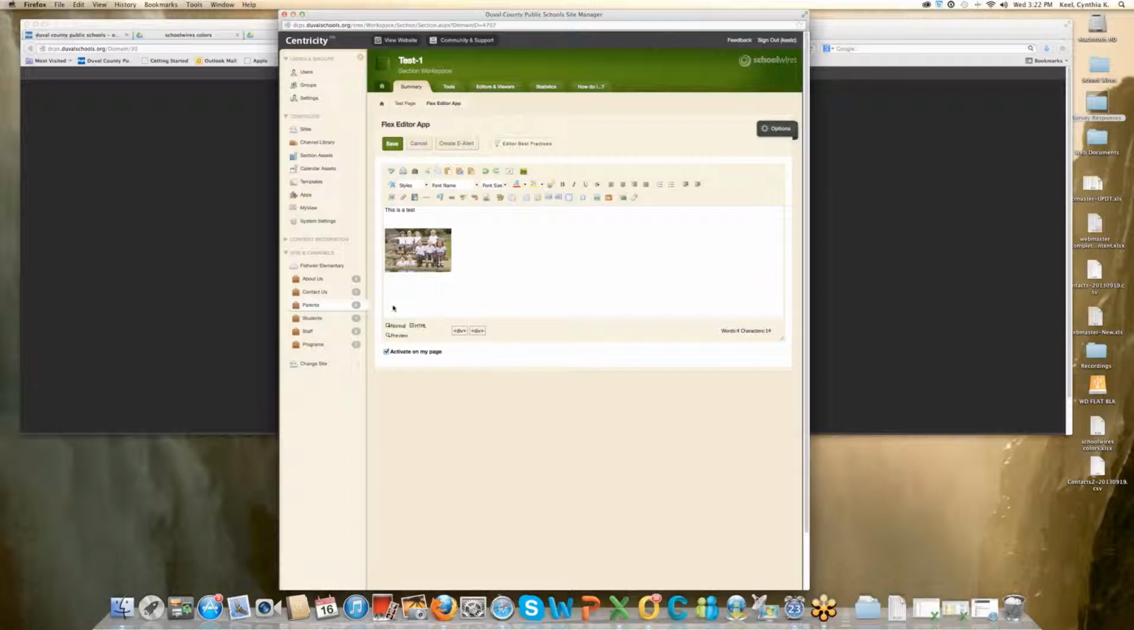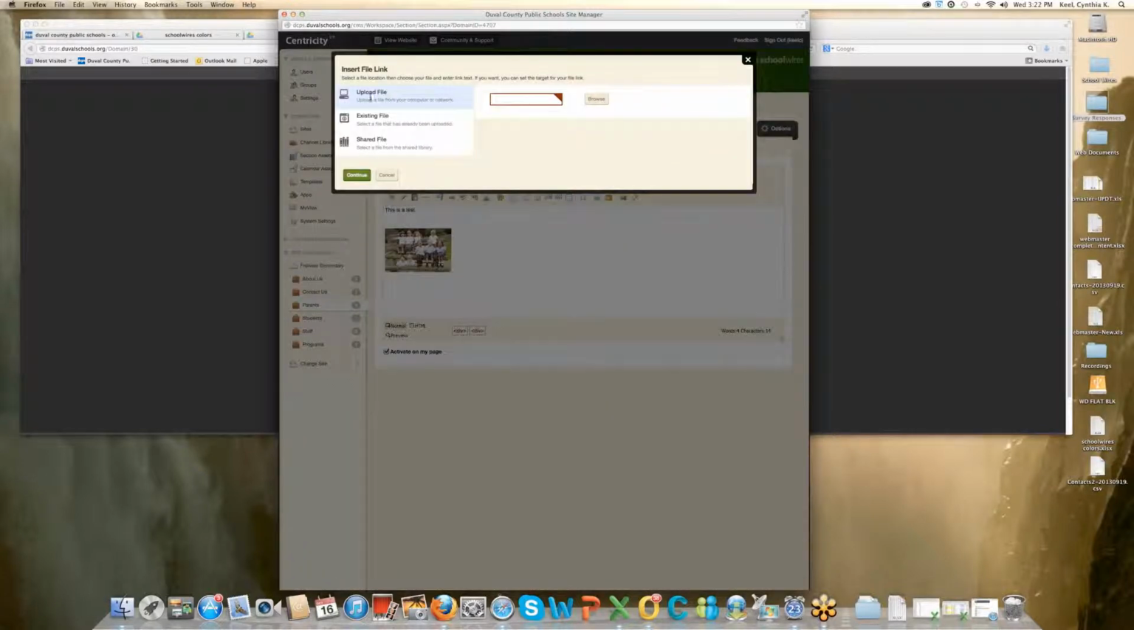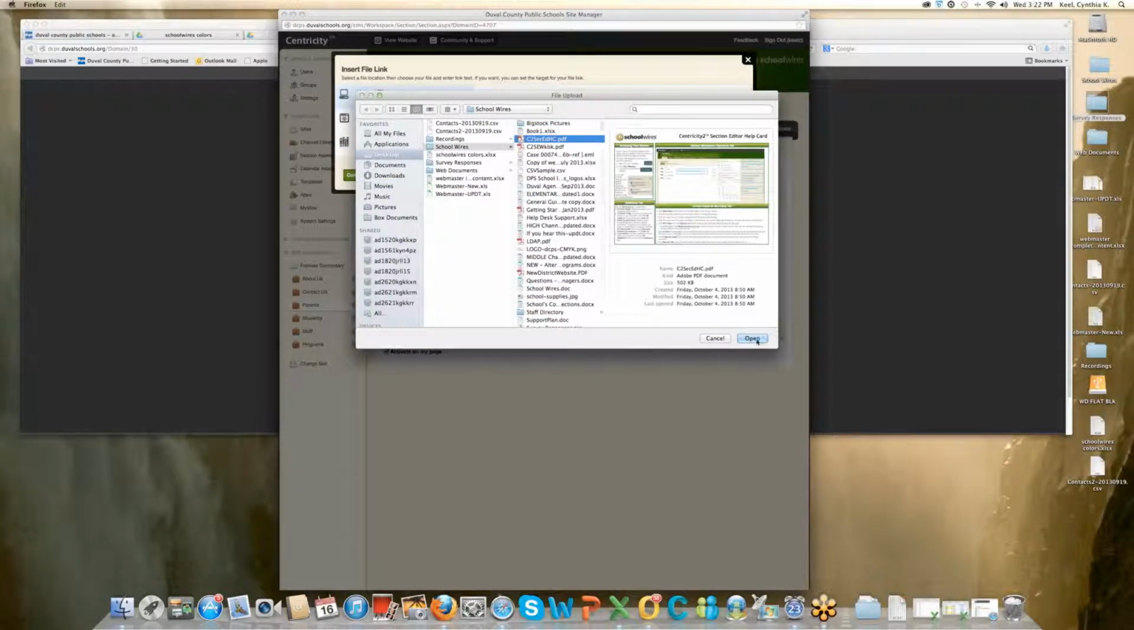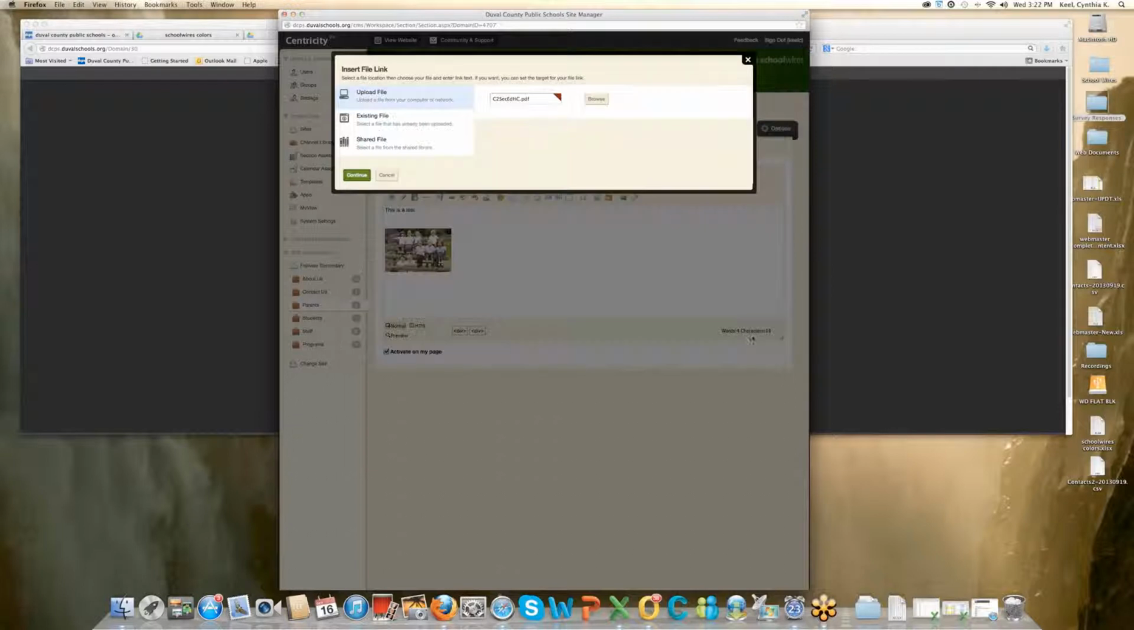Now, since we're already here, I know I mentioned that you could also add a document or a link to a URL. I'm going to show you how to add a document first. So you would click on this icon here, which is the insert file link. There's different options again, but I'm going to select upload file. We prefer PDF, so please make sure that you convert your file into a PDF. I'm going to do, so you select your file, open, continue,